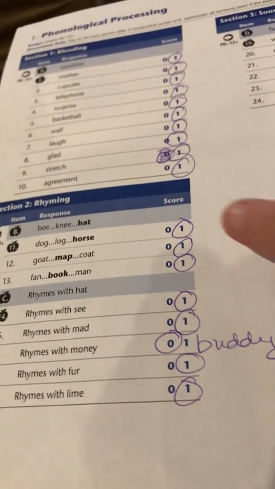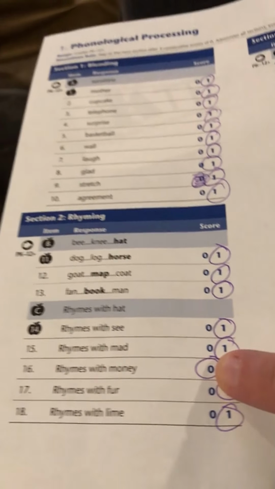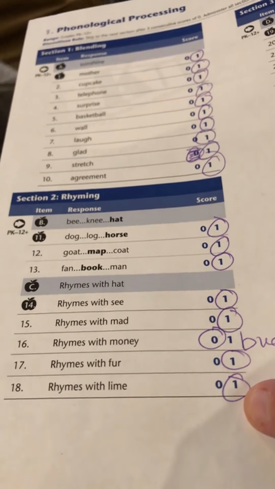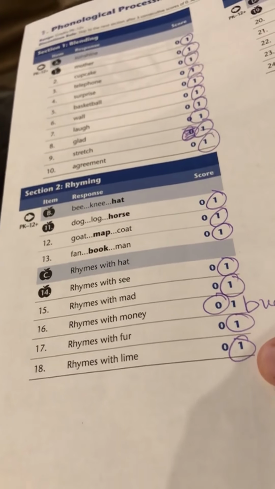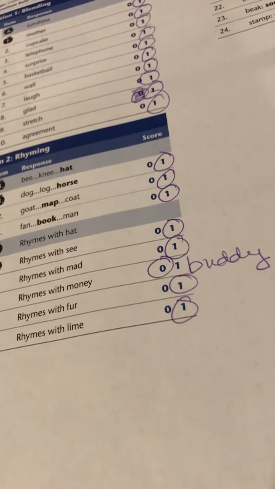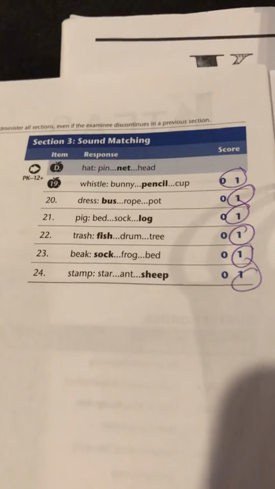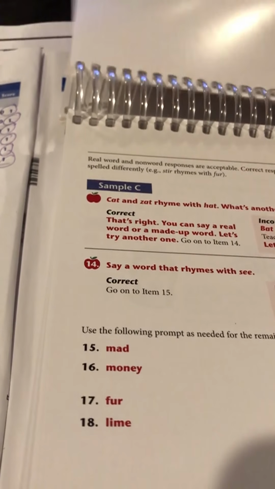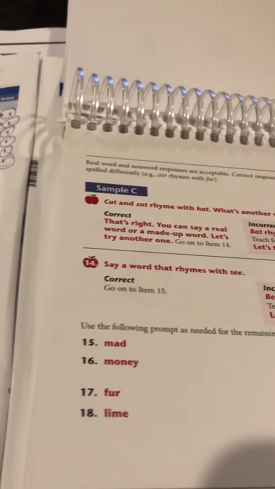You'll notice that my student missed 1 when we got to number 16, but you have to miss 3 in a row to discontinue. And so he didn't, so we were able to finish the whole rhyming section. But if they miss 3 in a row, you go straight to the next section, which is sound matching. Okay? When we get to sound matching,